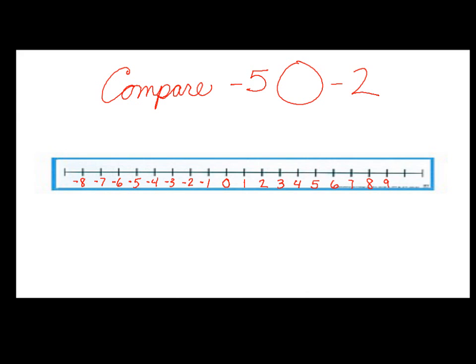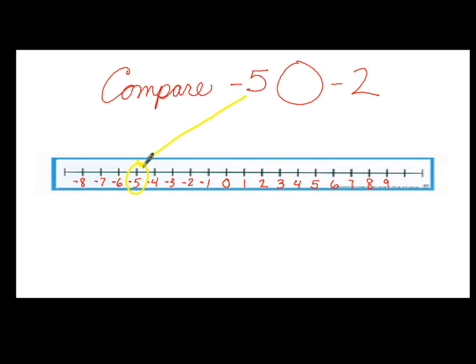Here we will be comparing negative 5 and negative 2. So we're trying to determine if negative 5 is greater than, less than, or equal to negative 2. A good way to achieve that is to think of your number line like the one down below. If you can find each one of these numbers on the number line,